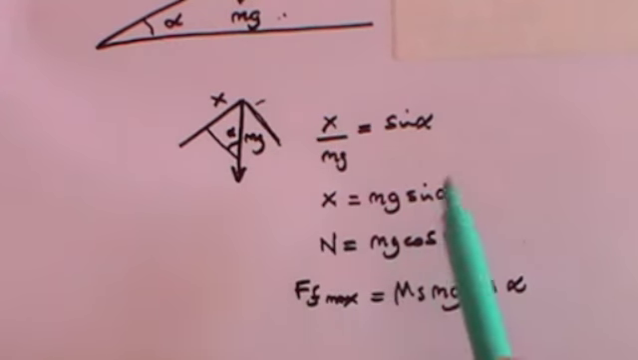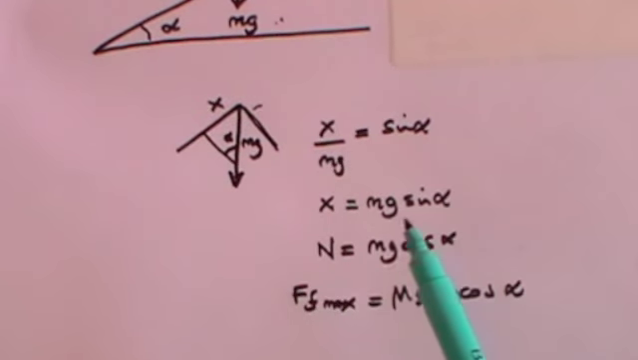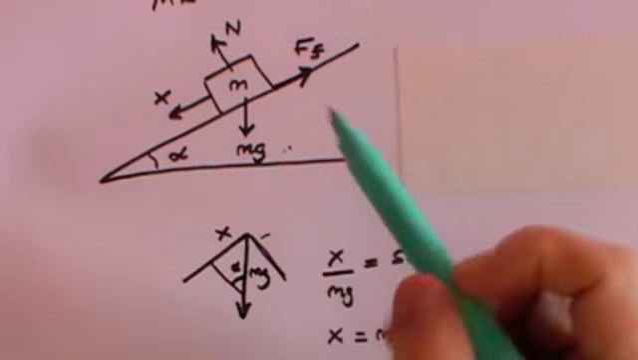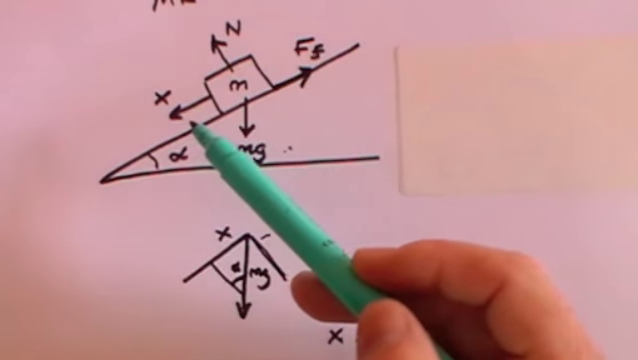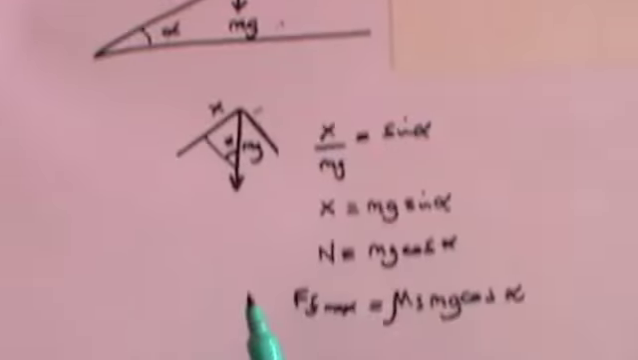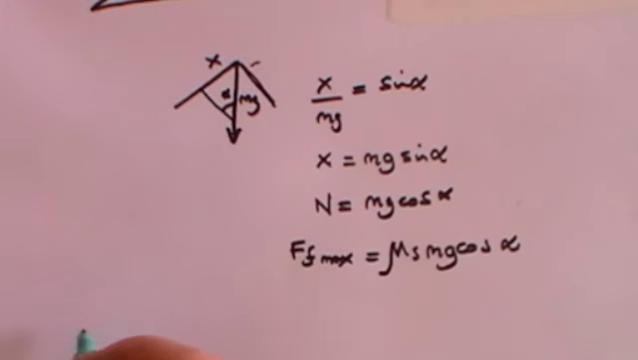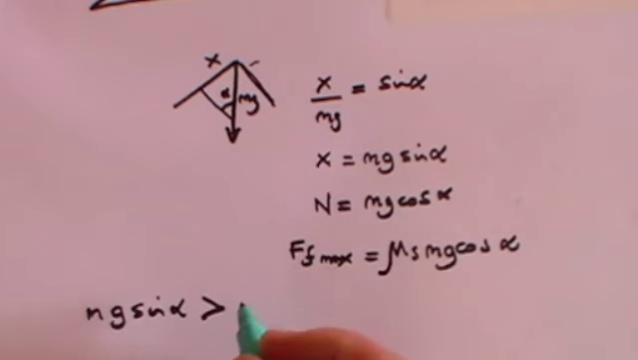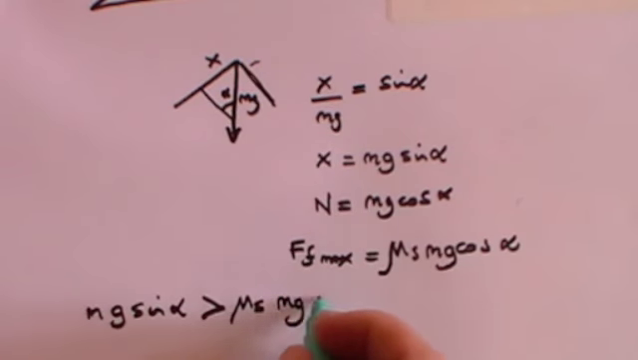So we've got a force acting down the plane of mg sine alpha, and the maximum frictional force acting up the plane, opposing the movement, is mu s mg cosine alpha. And the condition for the block to start sliding, in other words, to overcome the maximum frictional force, is that x must be greater than the maximum frictional force. So x, which is mg sine alpha, must be greater than the frictional force, which is mu s mg cosine